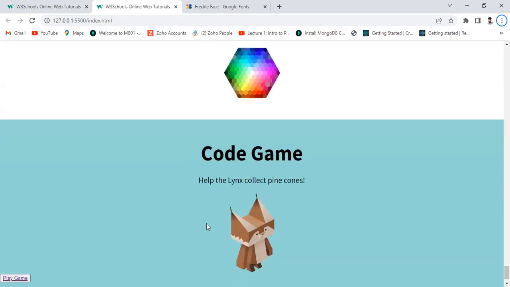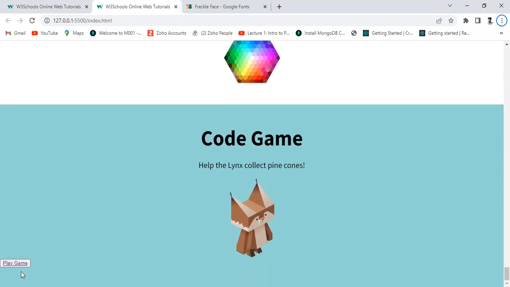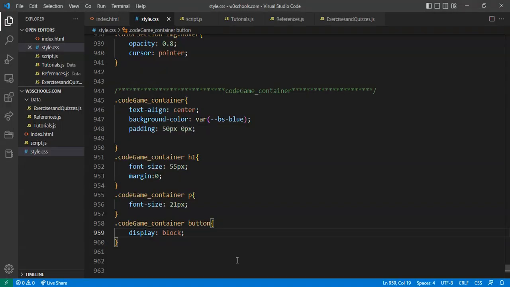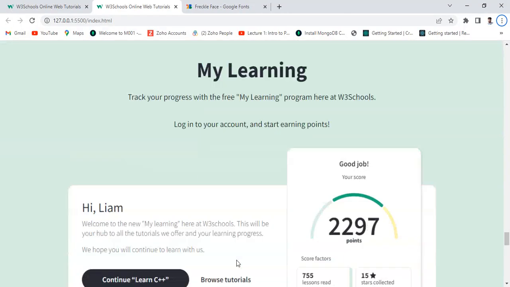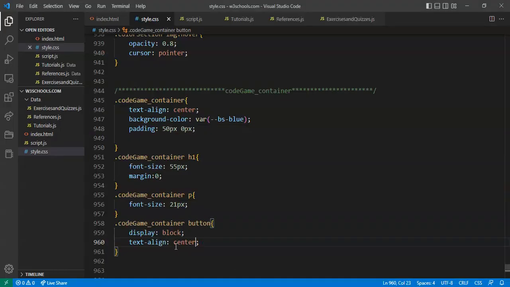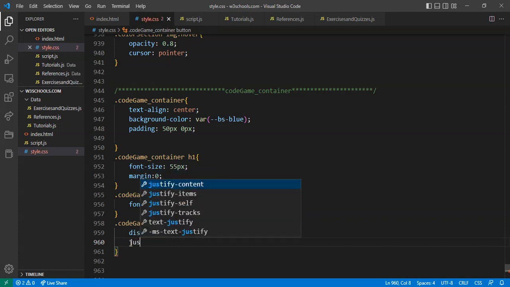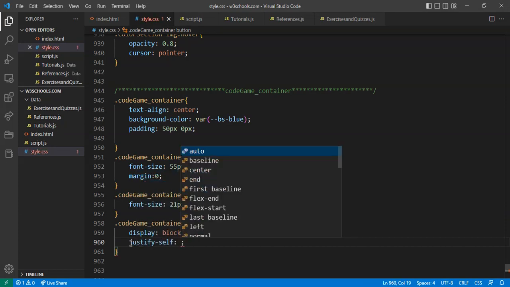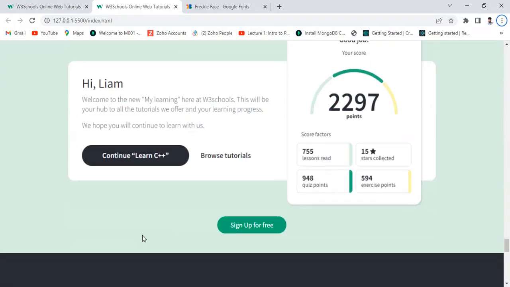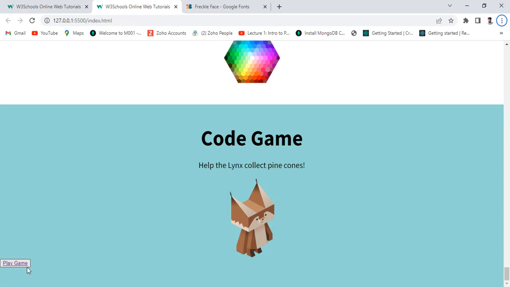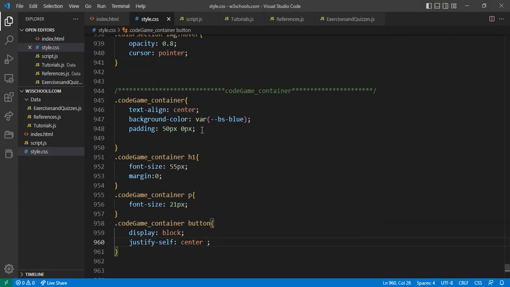Let me just see, yeah, now this btn should be centered, for that I can give text align center. Yeah, now this is not done, for that we can do here justify-self center. I think it will not work. We can do